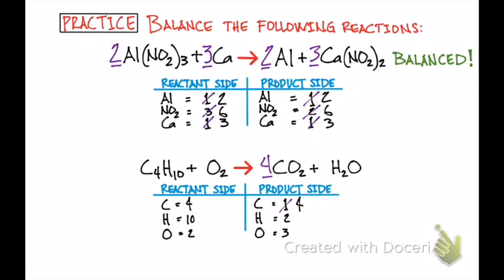That would give us a total of 4 carbons. And then we would have to recount the total number of oxygens. 4 times 2 is 8, plus 1, 9. All right. For the hydrogens, you can see that we have 2 hydrogens on the right, 10 hydrogens on the left. We could add a coefficient of 5 here in front of H2O. Now we have a total of 10 hydrogens, and recount the number of oxygens. We have 5 plus 8,